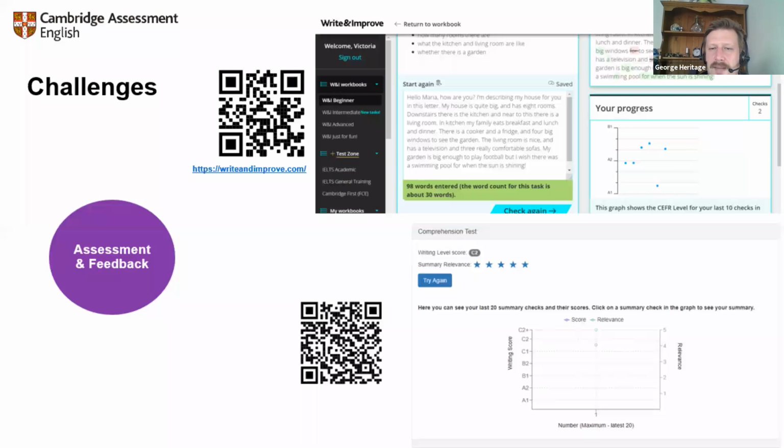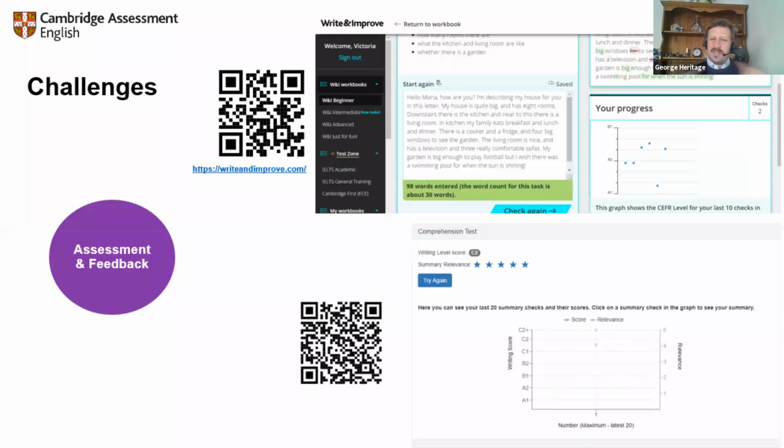We also have Read and Improve, which at the moment is still very much in development. It is still a research project, as I say. You go to Read and Improve, you choose the level you're aiming for, and it harvests the internet for articles that it feels are at level. It presents the article to read. You can hover over most of the words. It will give you a Cambridge Dictionary definition, and the artificial intelligence will guess what part of speech it is, which is normally very close to being correct.